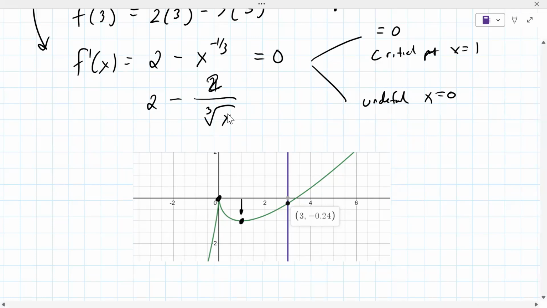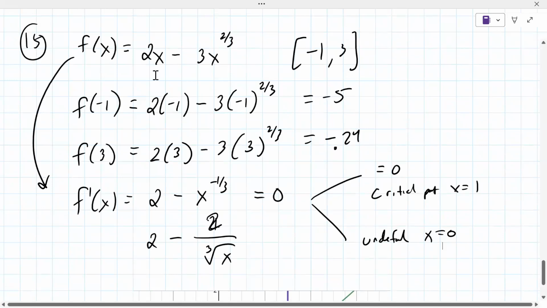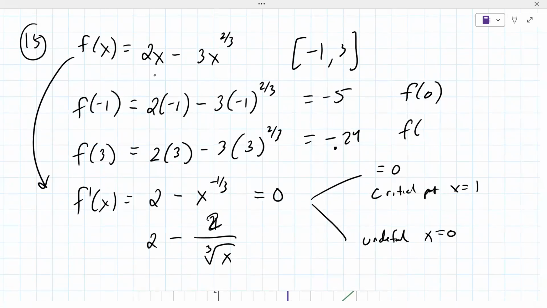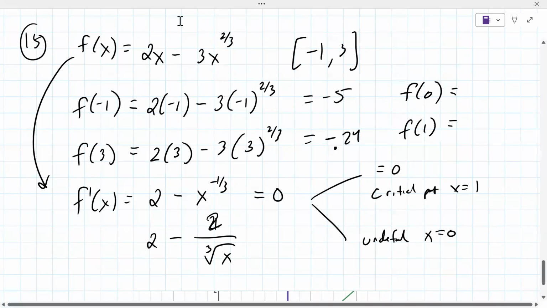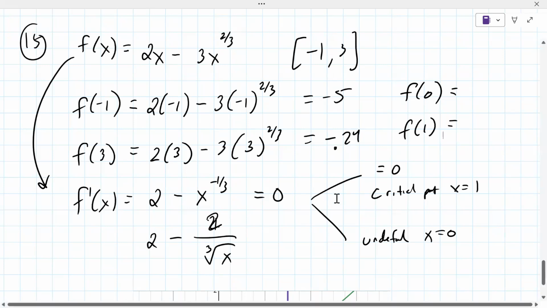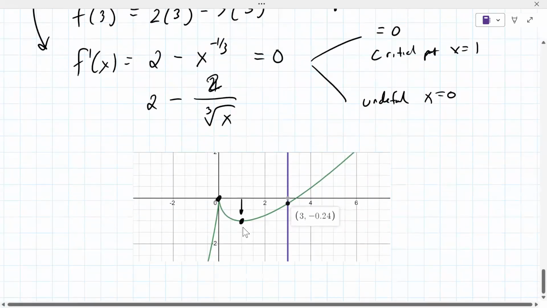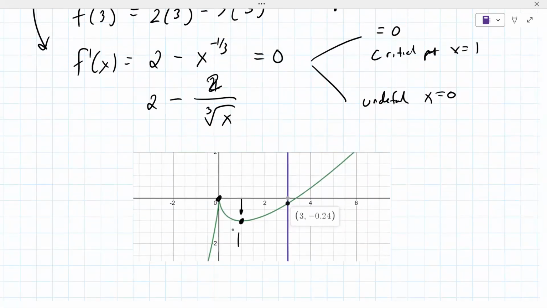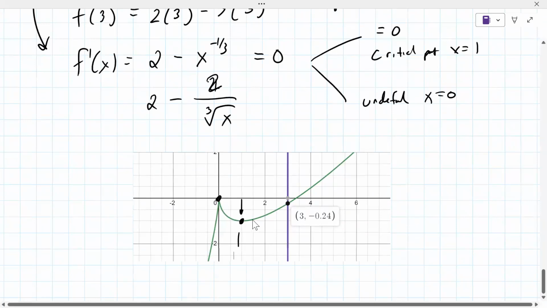All right, so then you have to go back to the original function and try it. You have to evaluate it at 0 and at 1. Those are both in the interval from -1 to 3. That's why you try them. Wait, where'd you get 1 from? Setting the derivative equal to 0 and solving for x. It's two things: critical point where the derivative is equal to 0, a horizontal tangent line, or where it's undefined. So then f of 0 equals